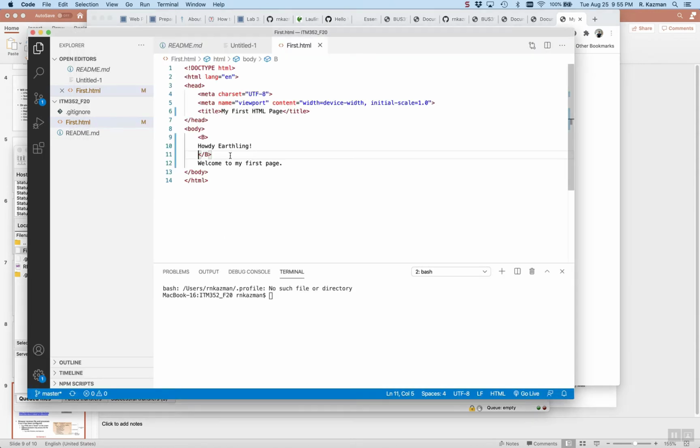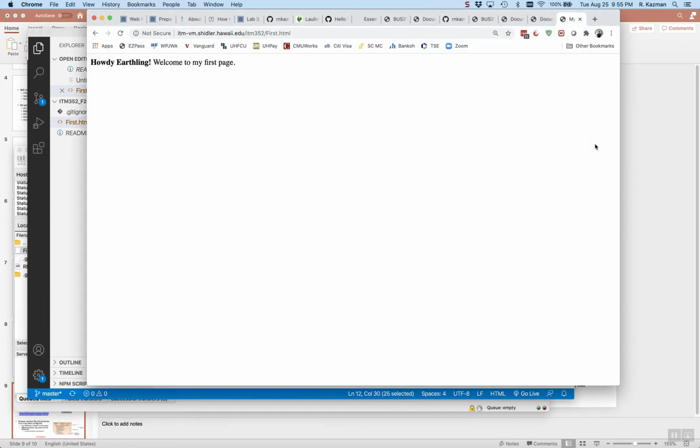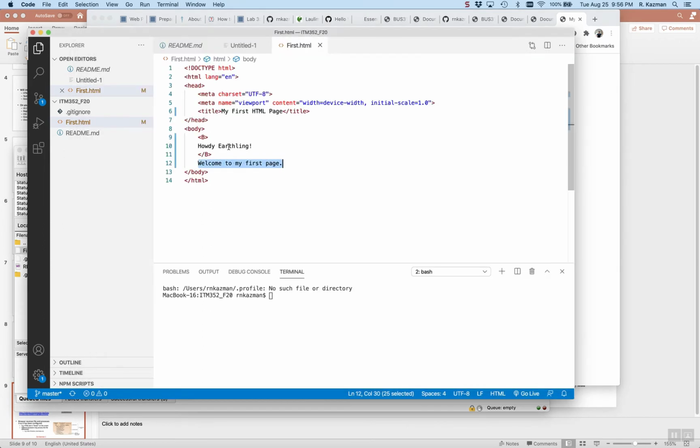Notice that I put welcome to my first page on the line below Howdy Earthling, but it's showing up on the same line. And the reason is because, well, computers are very literal, and I have to tell it how I want to lay out the information on the page. I have to tell it when I want a new line. I have to tell it if I want things left justified or right justified or what font I want to use. So let's first